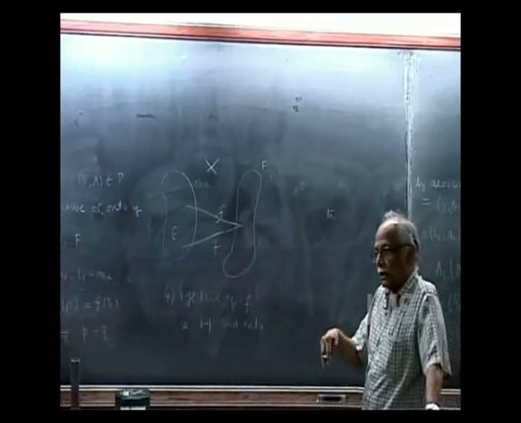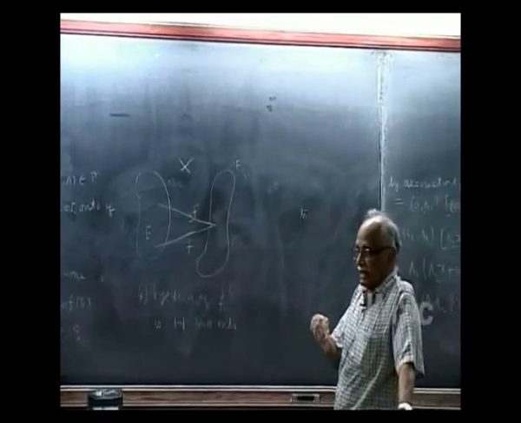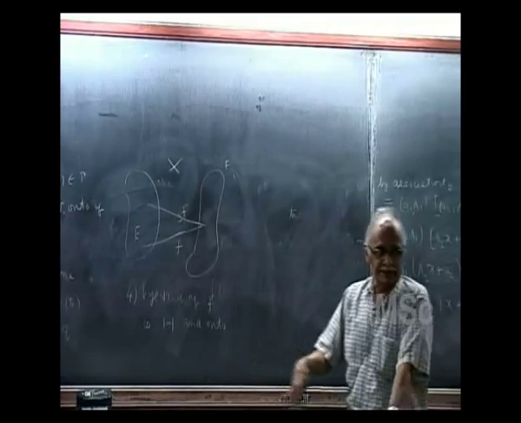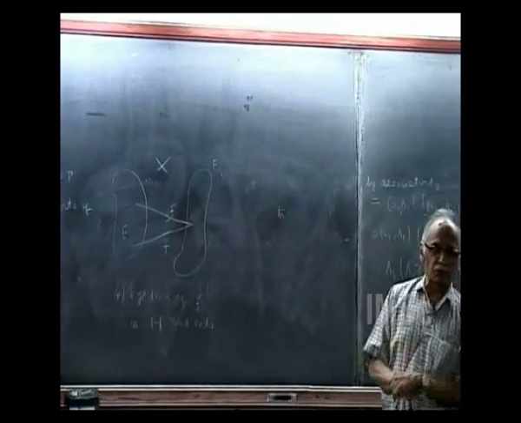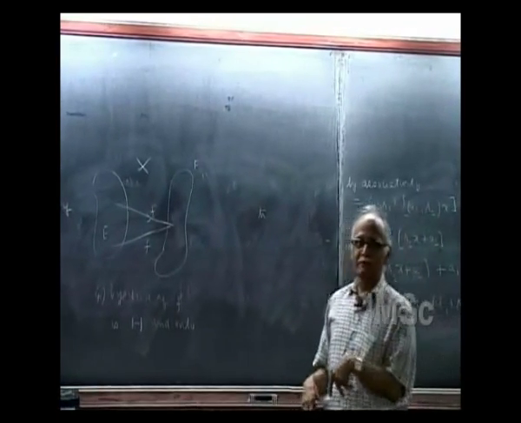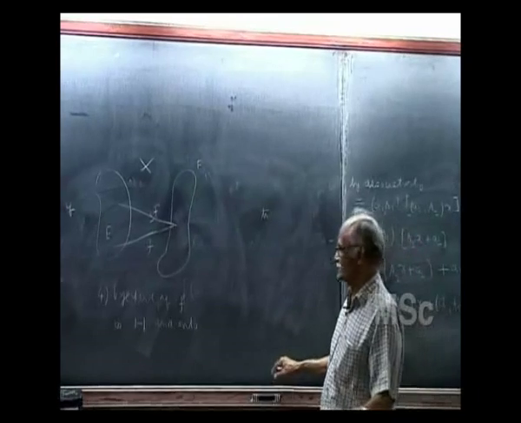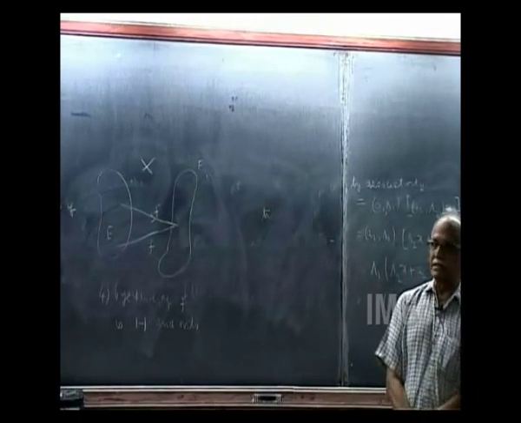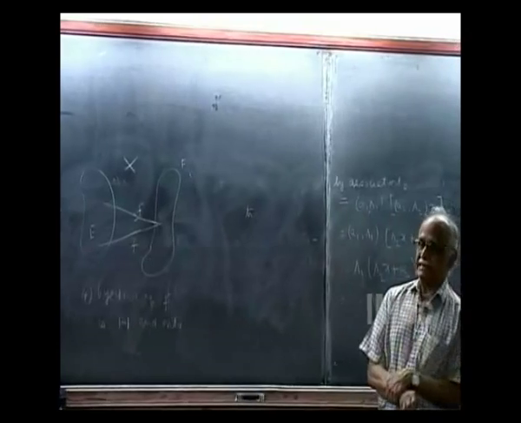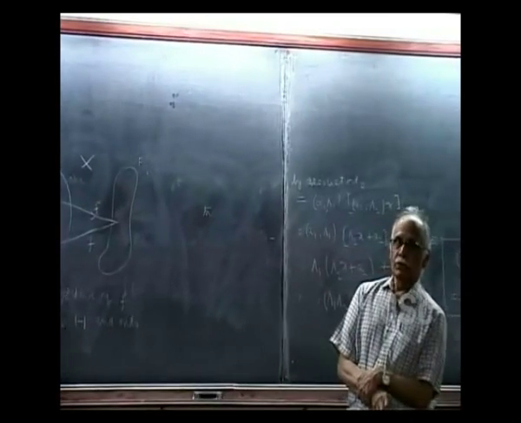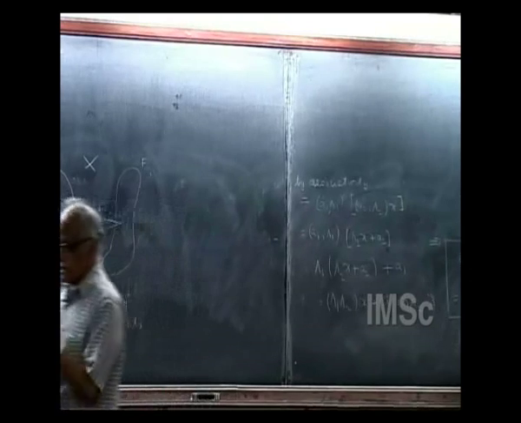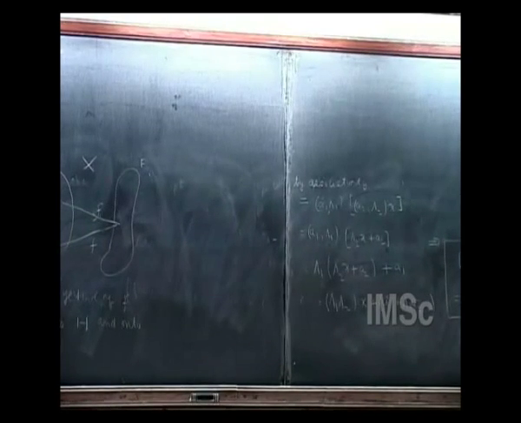A warning: in maths books, they will add all kinds of footnotes about topology and continuity and so on. I will not. For me everything is nice, so I will keep going. This is what we need to be able to do calculations. This much we should understand. Now why did I bring this up? Now these things, when I take it over to groups,